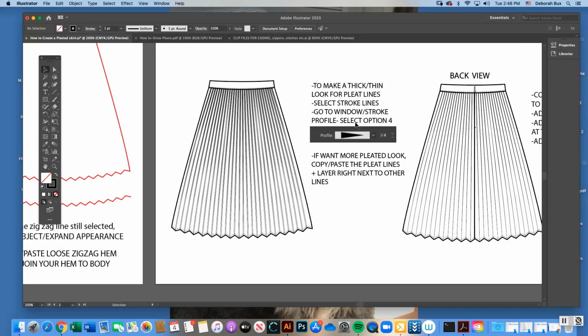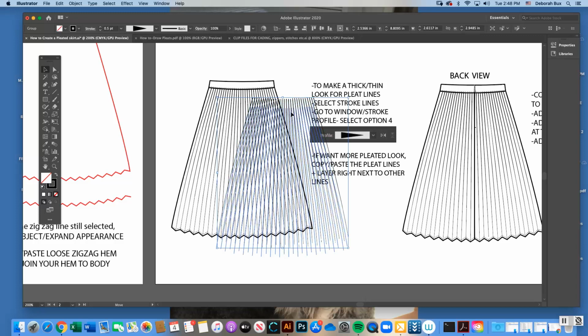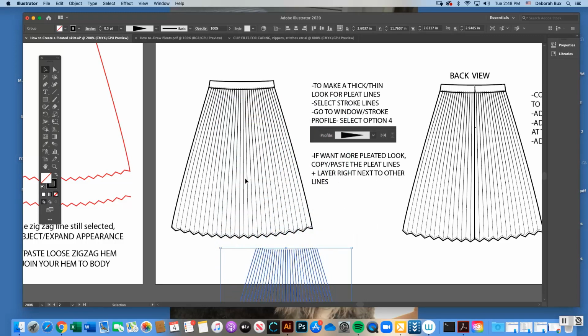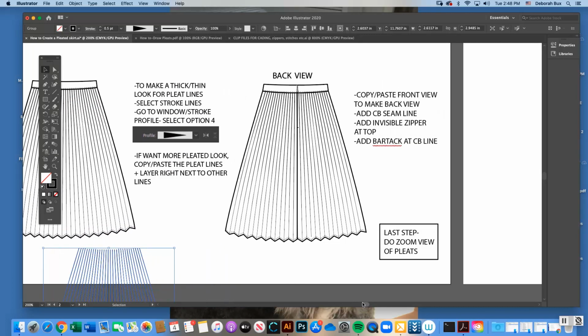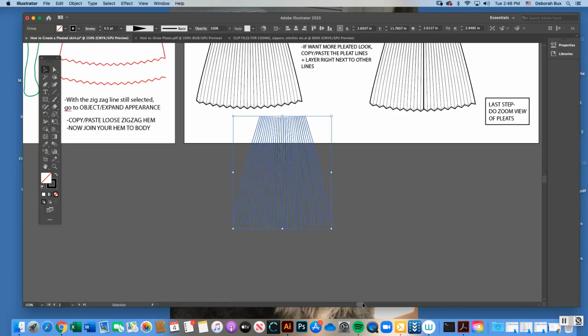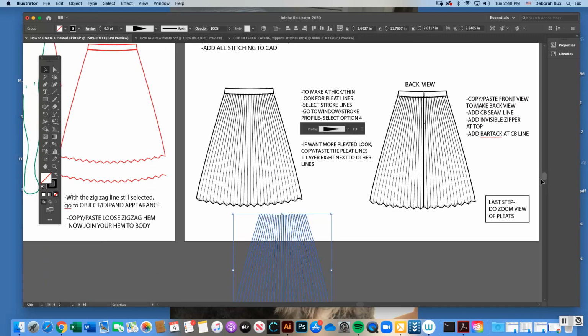But please make sure you do your profile stroke setting before you do that other look. But either way is acceptable. Your pleat lines looking like this, or if you wanted to do that stepped pleated look, that's another option for your skirt. So once you have your front view of your skirt done,